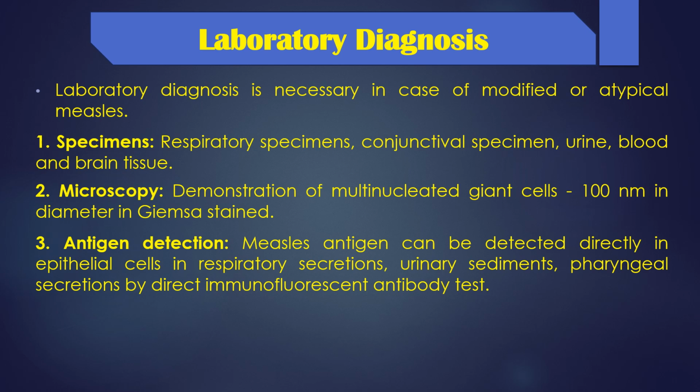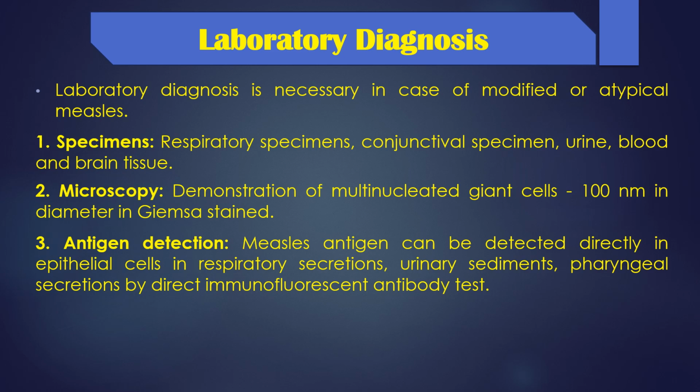First test is the microscopy. The demonstration of multinucleated giant cells in Giemsa stained smears is diagnostic of measles. Second is immunofluorescence study of exfoliated respiratory cells in nasopharyngeal secretion for viral particles. Third one is the antigen detection. Measles antigens can be detected directly in epithelial cells, in respiratory secretions, urinary sediments, pharyngeal secretions, and by direct immunofluorescence